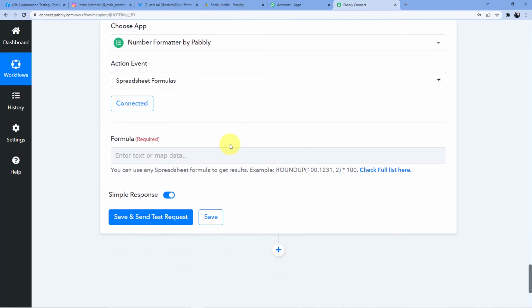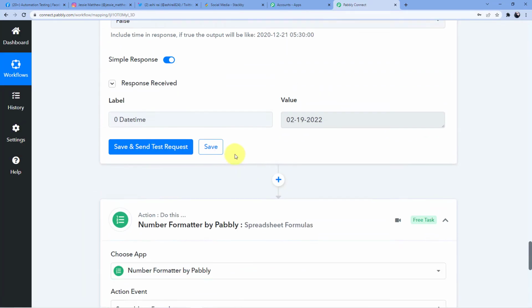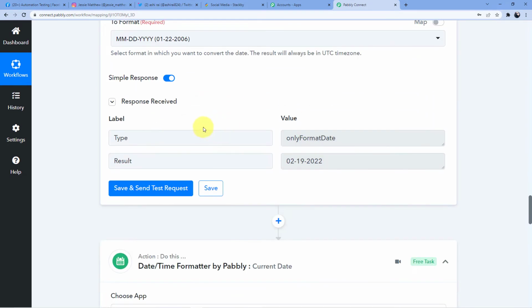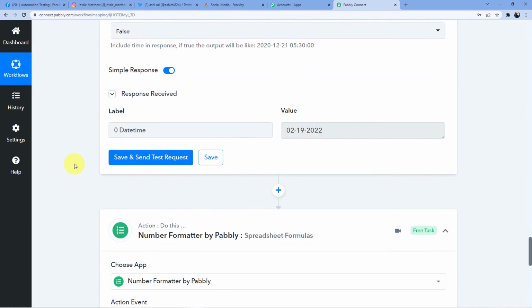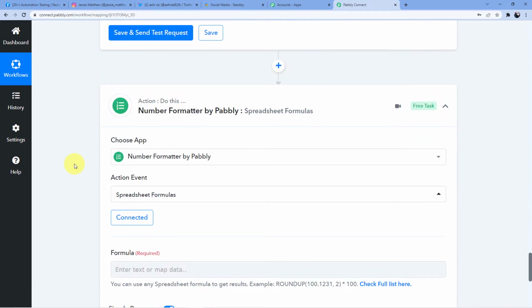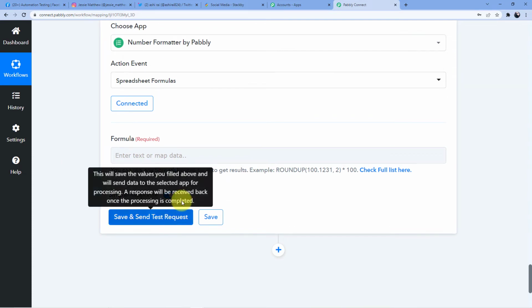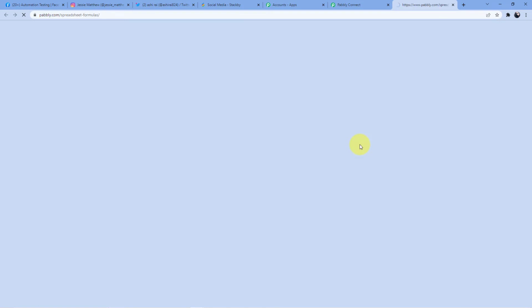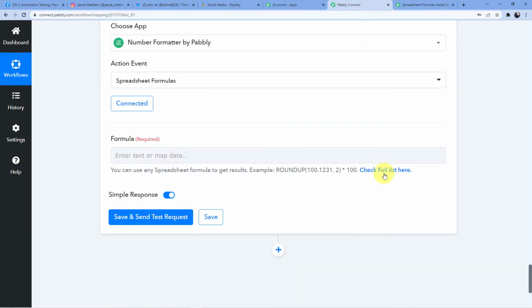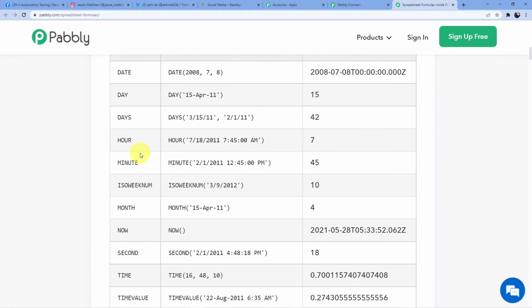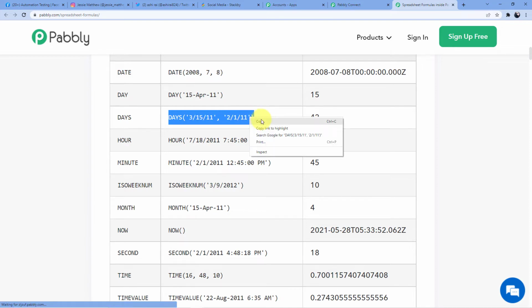Now I will make the difference between the current date and the field date 0, so that whenever you schedule a post for your Facebook, Instagram, or Twitter, those posts will only go live on those particular dates. Okay, so it is necessary to make this difference 0. So I will go on check full list here. This is the full list, and here I am just going to select this formula for days. Just copy this,